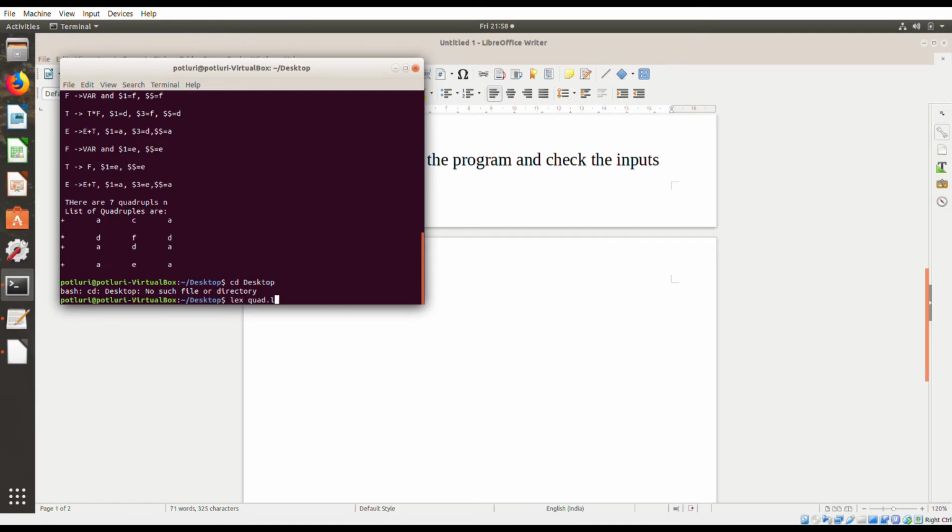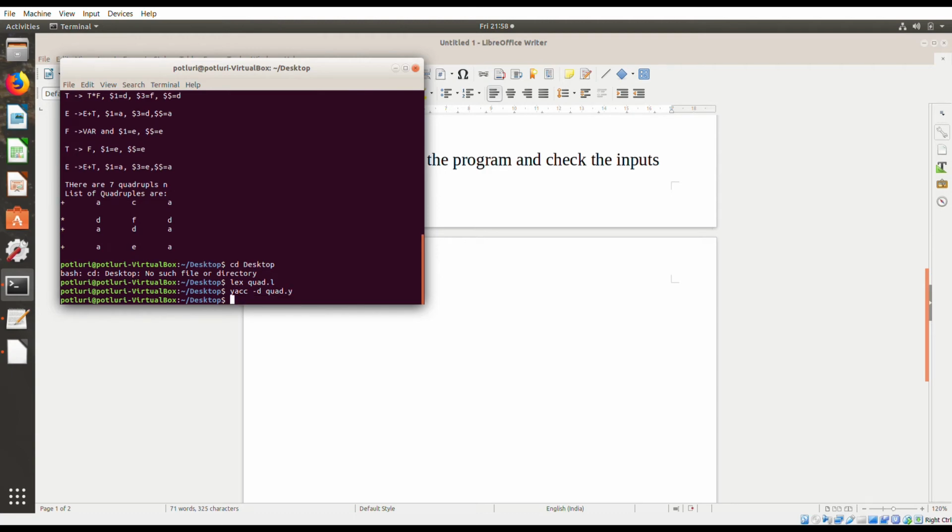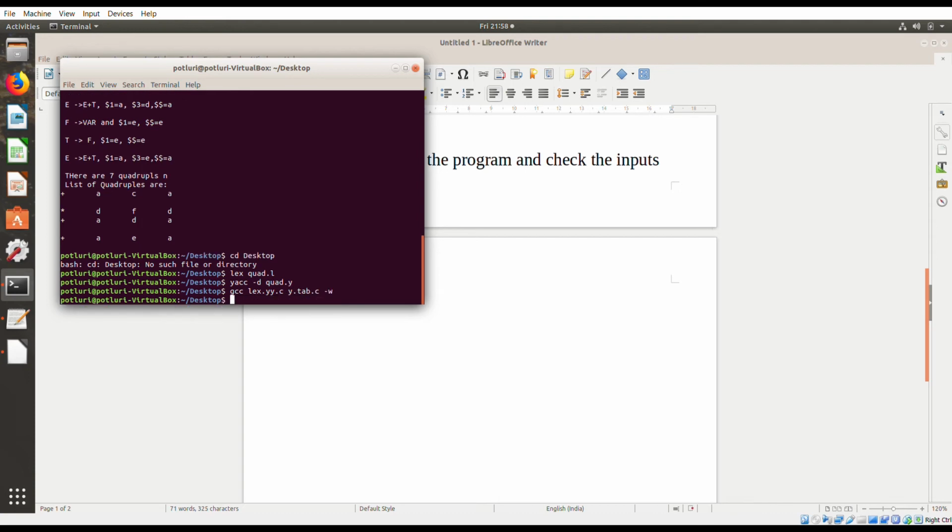First we'll execute the lex command, lex followed by the file name .l, and then yacc quad.y, and then gcc lex.yy.c y.tab.c. In this phase we'll be compiling. It did not return any error, which means it compiled successfully. There are no errors in the code which you have written.